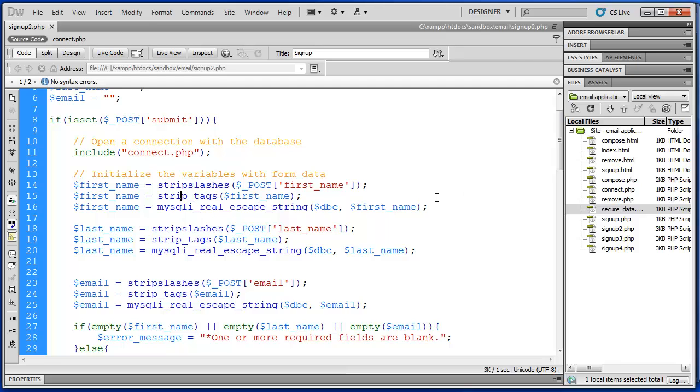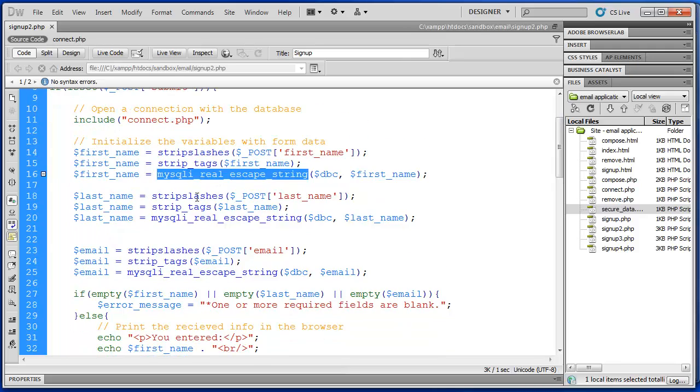And if we would like to secure those forms as well, it means we're going to have to be typing these functions over and over again. So whenever you have to type a lot of code over and over again, it's a good idea to create some kind of modular solution. So let's create a function called